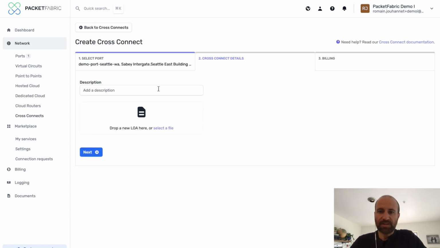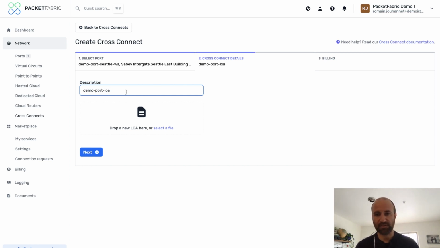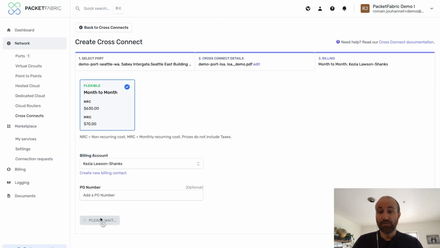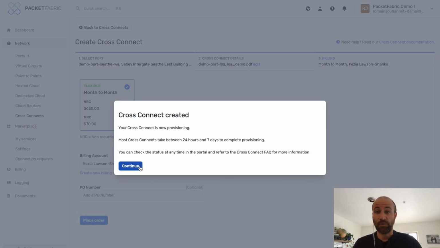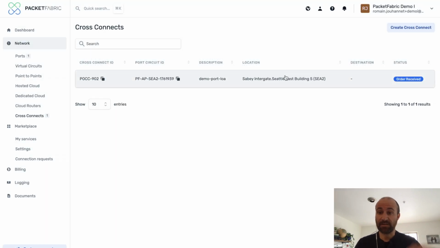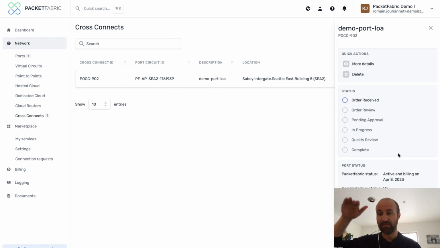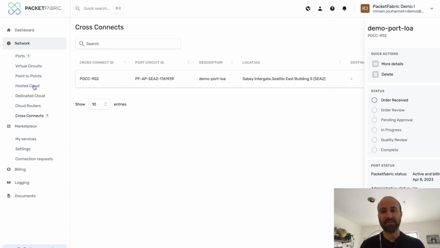So to do the cross connect, you can either reach out directly to the data center or we can do the cross connect for you. You just have to provide the LOA. And then the great thing when you actually do the cross connect with us is you can really follow the step-by-step process of that cross connect by clicking on the cross connect here, and you can see on the left side we have different statuses showing you where you are. Very hands-off.